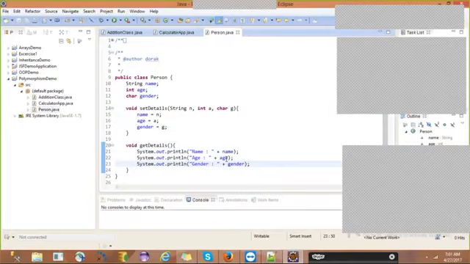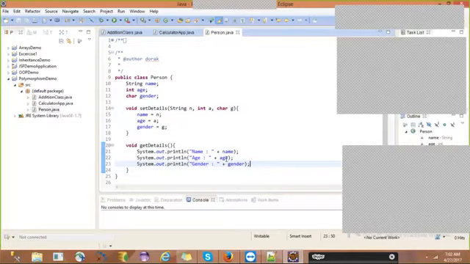That's why we are keeping this in the parent class, and in the subclasses we don't need to repeat this code again. Instead, we are going to inherit these methods and attributes from this superclass to our subclasses.